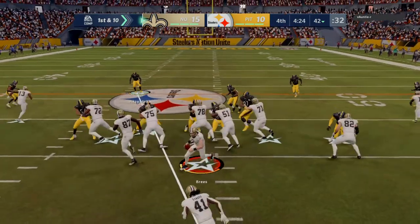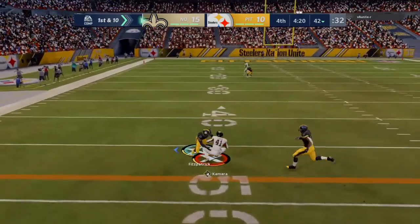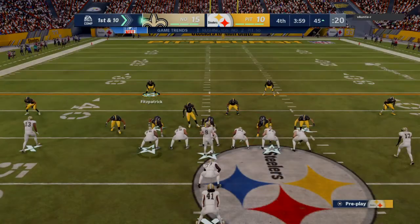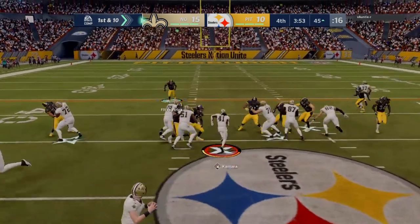How about the big boys snagging one? You don't see that every week. No, you don't, but a lot of them are just reliving their old dreams, going back to when they were in youth football and in high school. They didn't always play defensive line. Some of them actually handled the football, and you can see the flashback when he grabbed that one. Breeze leaves this one with